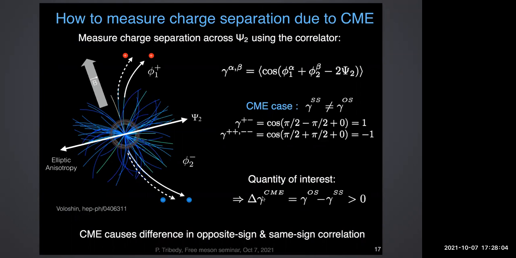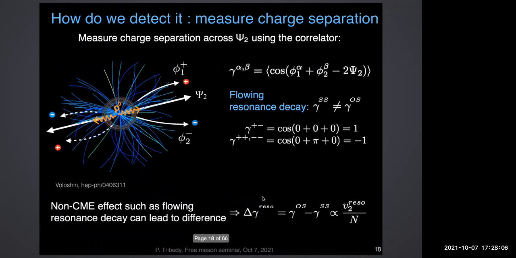Okay, but there is a problem: you need to first note whether there is any other process that can mimic this signal. And there is actually one non-CME mechanism that was realized to exactly mimic it. Imagine a situation where a neutral particle is produced in the event. It has no charge, like a rho meson or something. Now, which way is that neutral particle